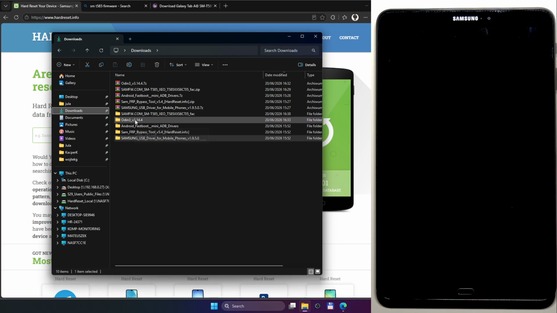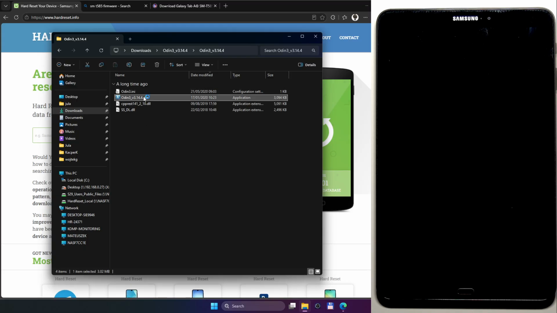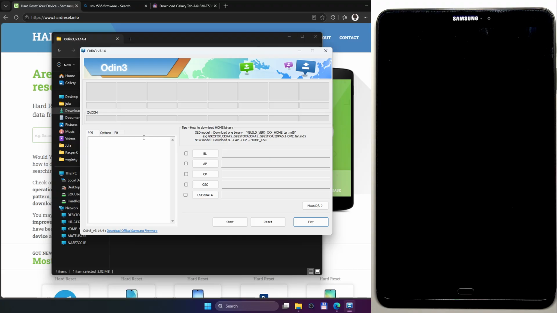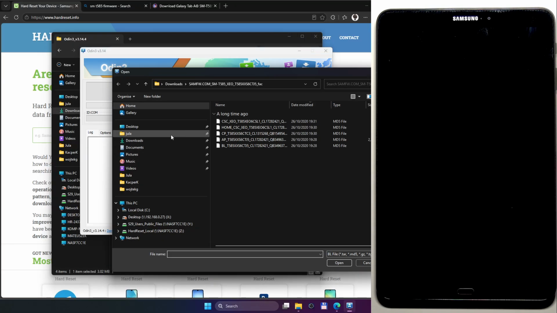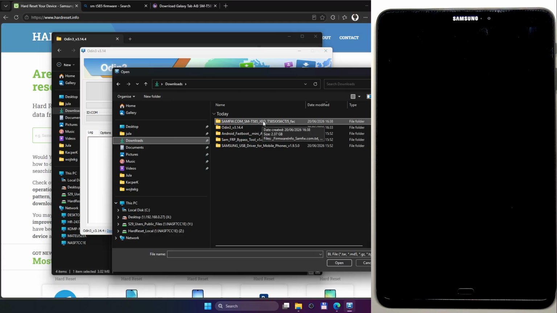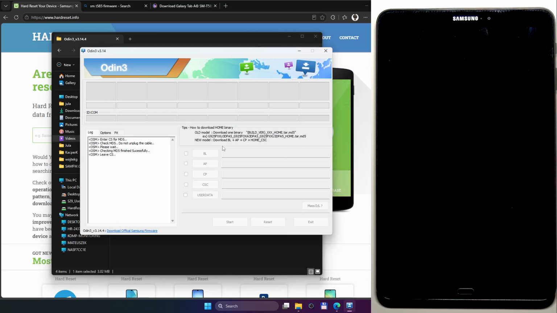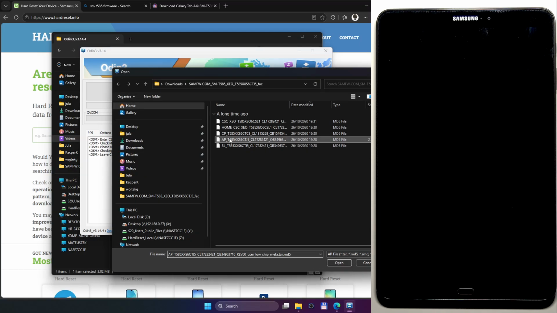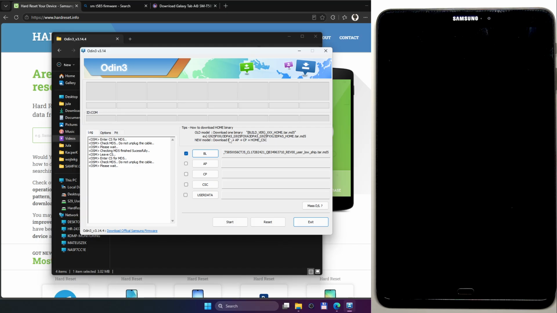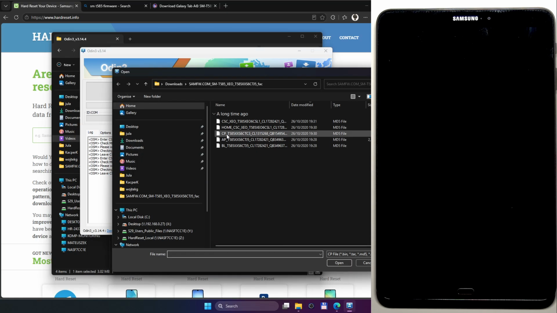Okay, now we gotta open up the folder with the Odin, double click and launch the program. Click on OK. Now click on BL button, go to downloads, open up the folder with your software. We have clicked the BL button, so we gotta select BL file. Okay, now AP file. This one is going to load a little bit longer because that's the biggest file. Okay, now click on CP, select the CP file,